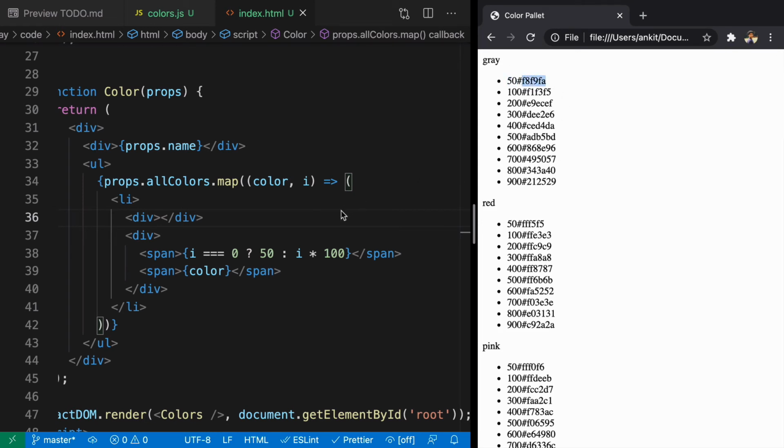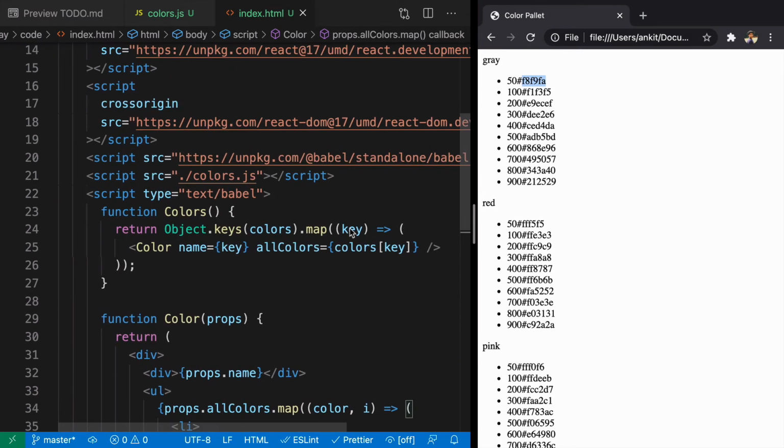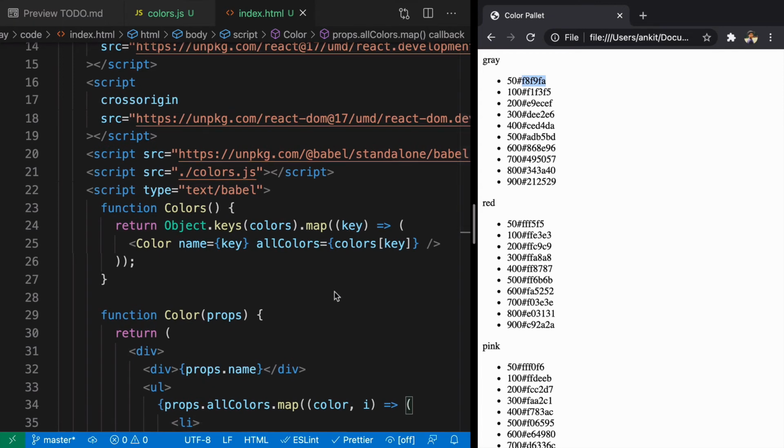So we have created the structure. All we need to do is to style them. Now what I'll do is I'll quickly go ahead and style these things.